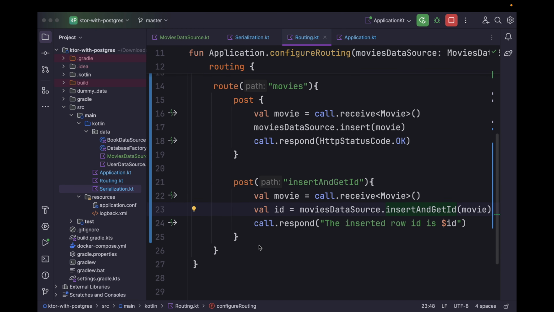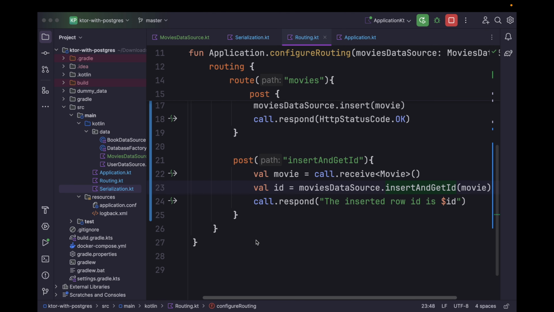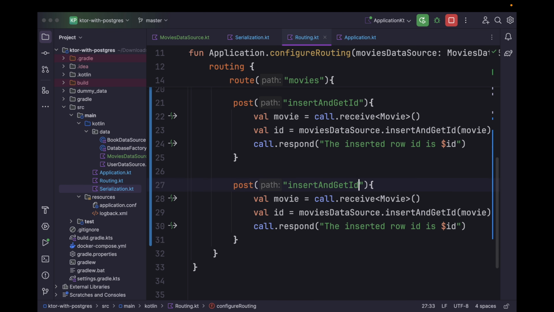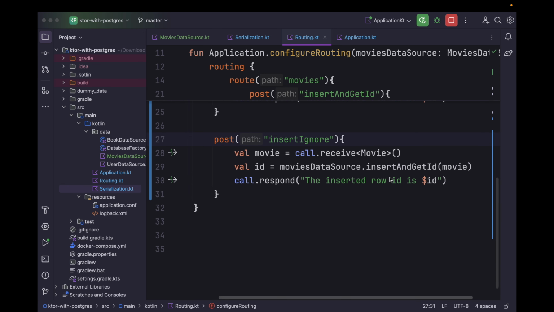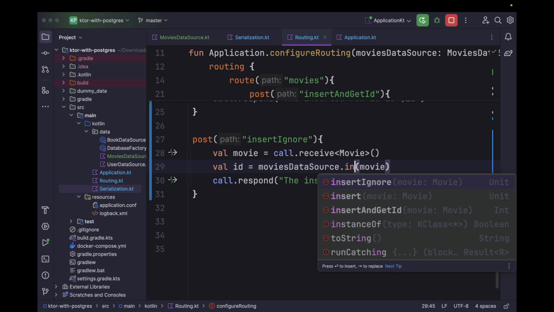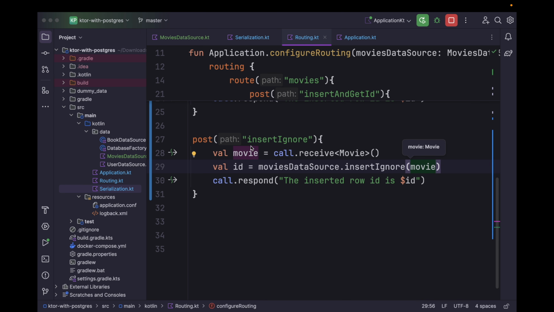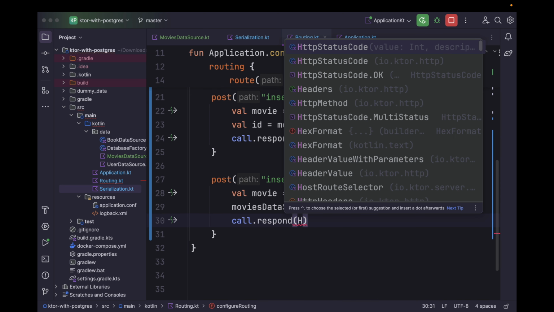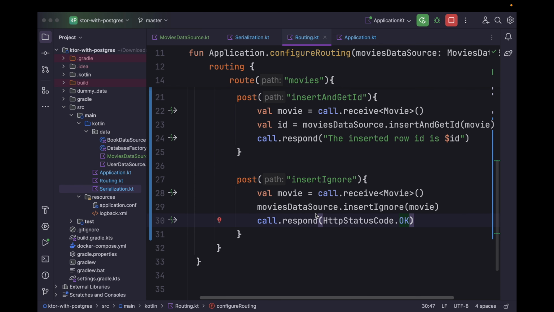Now in our routing file, let's copy this one and let's rename it to insertIgnore. We can get the movie data in the same way, and we can make use of the insertIgnore function. We can pass the movie and we can simply respond with HttpStatusCode.OK. Now let's rerun our application